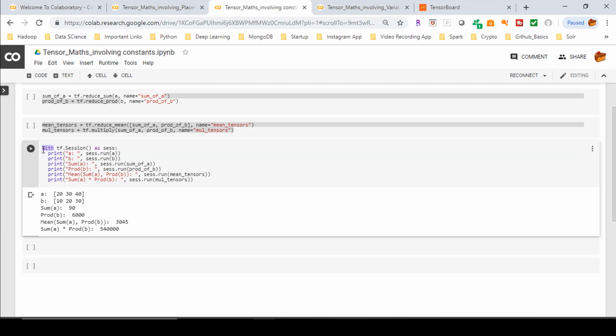So here I'm using the with clause so that after the end of these operations, the session will be closed by itself. So I don't need to explicitly close it. That's a very good practice. Even if we forget to close it, the program will take care of it using this with clause. So we built a graph here, and now the next step is to execute the graph